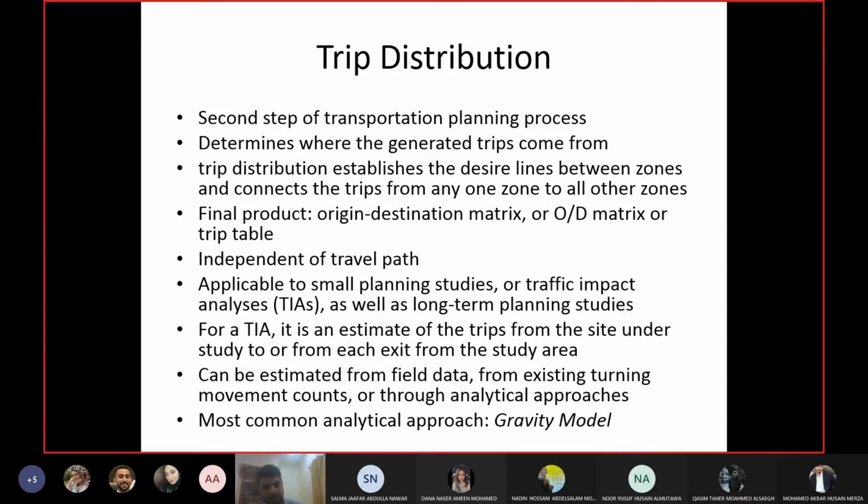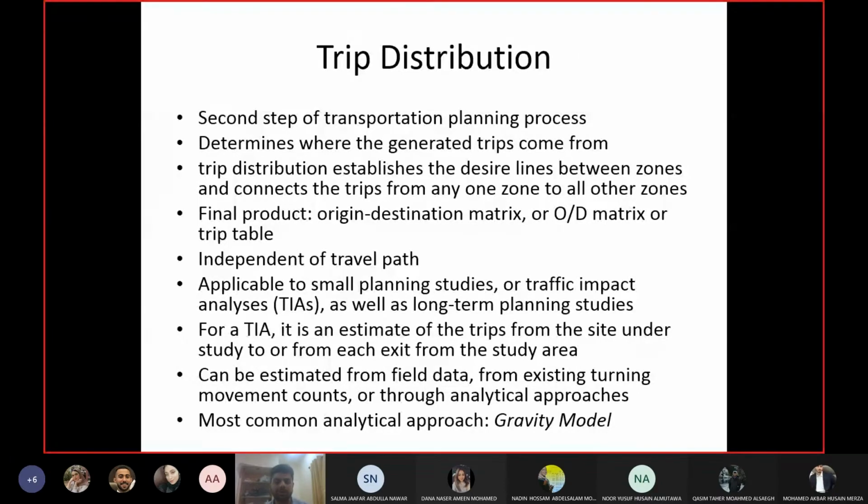Let's say I have 20,000 trips. Out of 20,000, how many are coming from point 1, and how many are going out of point 1, and similarly how many are coming from point 2 and how many are going out of point 2, and so on and so forth. So trip distribution will be slightly different, but basically it means the same thing. If it is going out of point 1, that means it is going to a specific zone. If it is coming from point 2, that means it is coming from a specific zone. Although the scale is smaller, the meaning is the same.